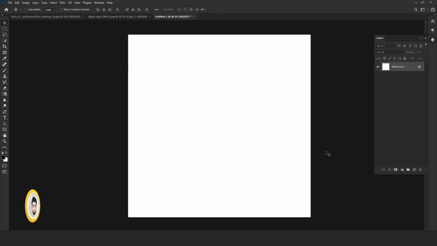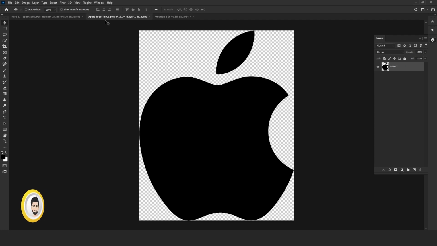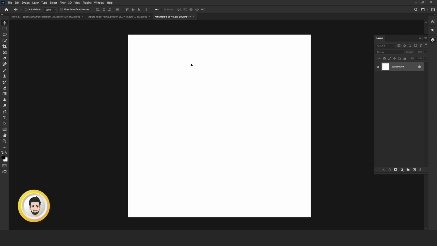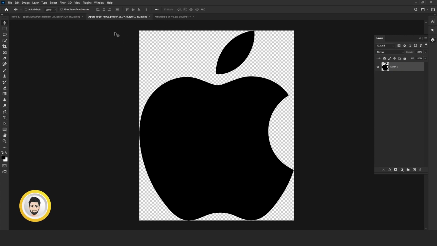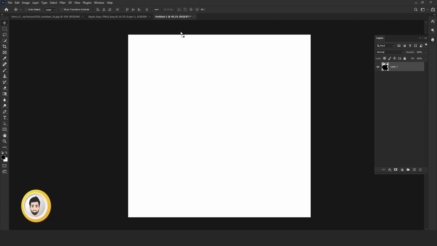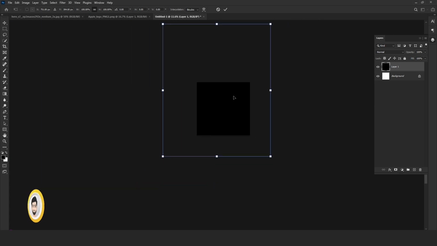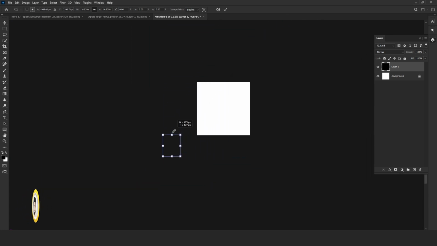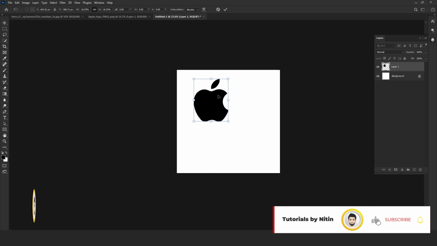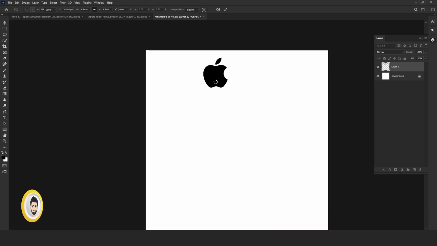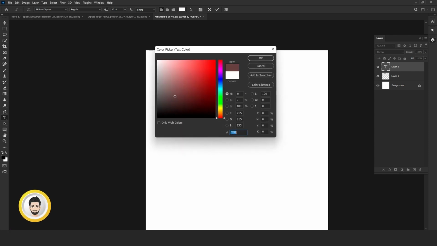Now first, here is our brand logo and here is our brand product. So first we will create the brand product name. So we're dragging the logo onto our document and transforming by pressing Ctrl T. Now I am typing watch and changing the color to black.